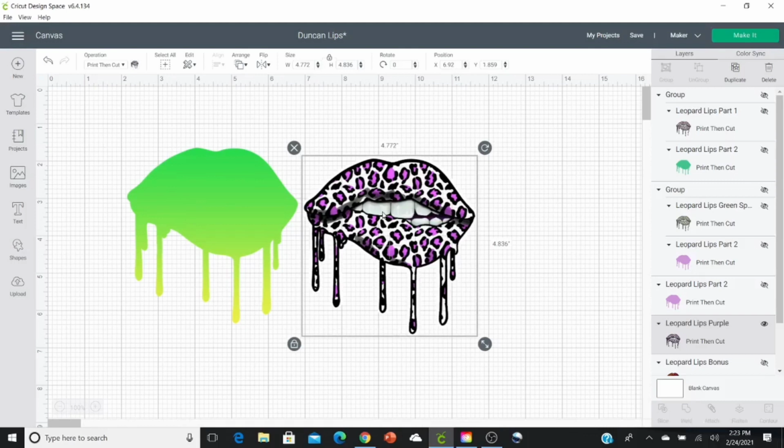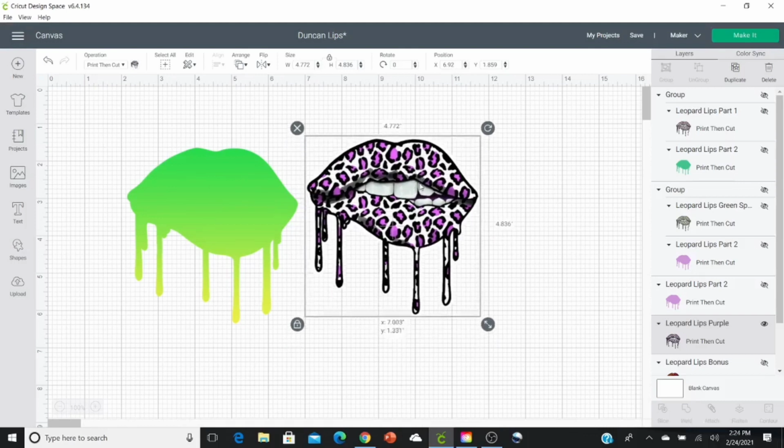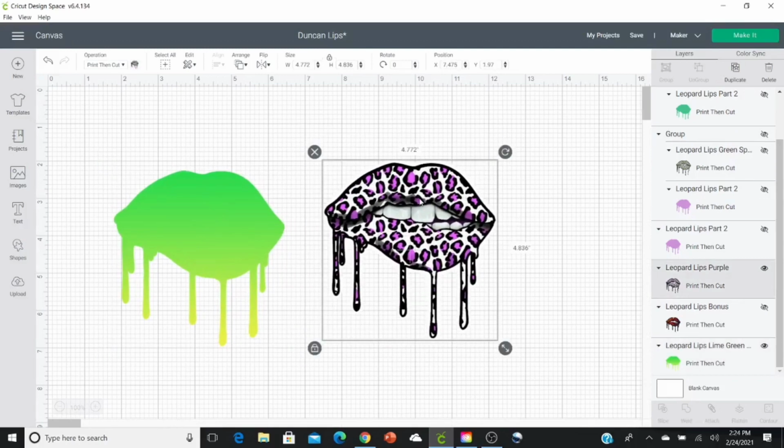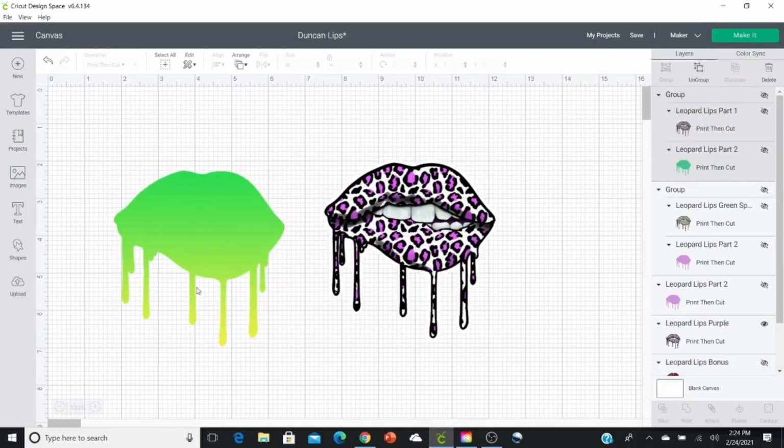Now, you cannot do this in Cricut Design Space. You can, however, do it in Adobe Photoshop. Now, I'm not going to attempt to teach you how to do it. I did it and I messed up a ton of times, and I finally got it straight. But what I did was I watched Duncan's live that he put together, and he talked about how you can change this color and how you can change these spots. So I'm going to link that below,